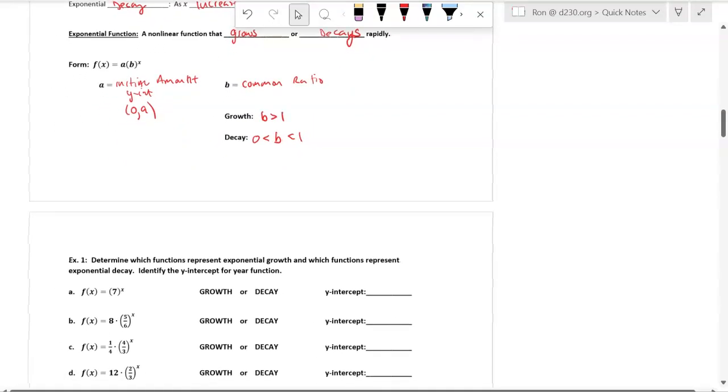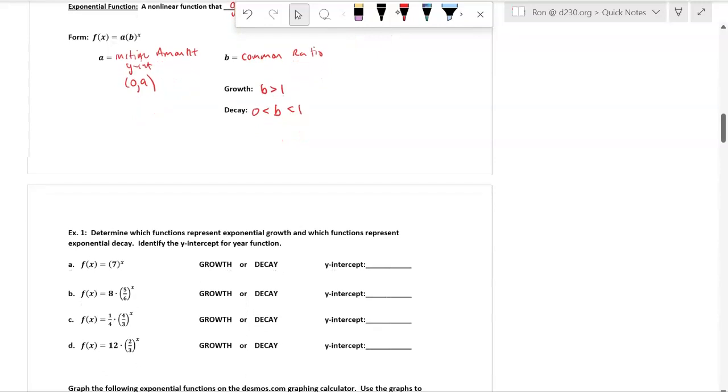So right away here, let's look at some examples. When I look at this, if there's no number out to the side, so if I have a times b to the x, or I just have b to the x like this, that's telling me there's technically a 1 in front. So right away you have to understand